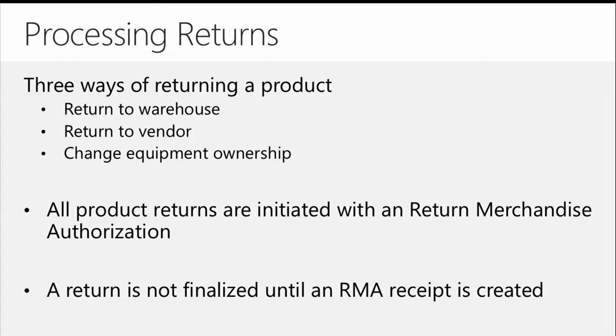Every single return processing option that you're going to utilize is going to start as a RMA or a return merchandise authorization, and then from there you can specify at that point if it's going to be a return to warehouse, return to vendor, or a change in ownership. Now, as I mentioned, it follows much the same process that you would see from a purchase order standpoint, in the fact that you're going to define those products that are going to be part of that RMA. You're going to then document that those have been received